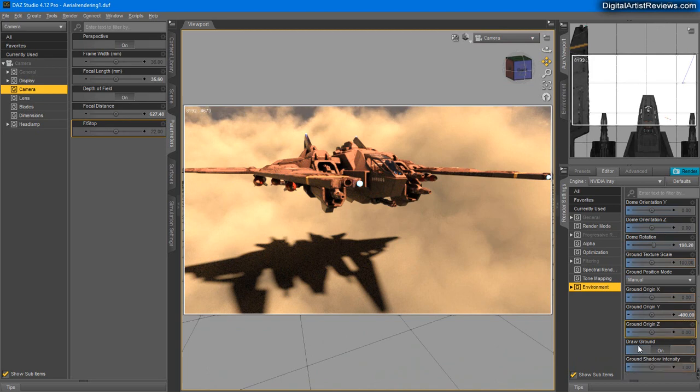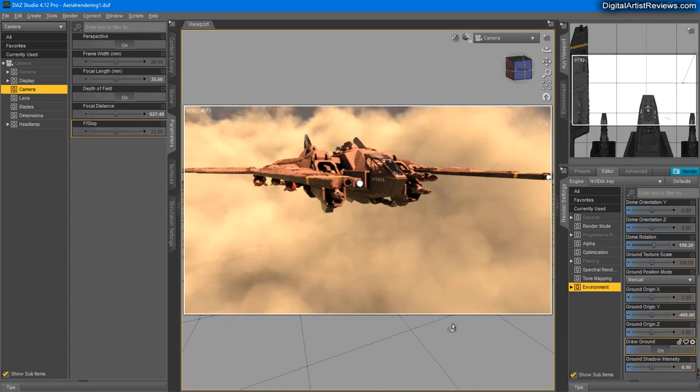But what you can do is adjust the ground shadow intensity at the bottom to maybe 0.1, or 0.2. This will now create a less intense shadow that would probably look like something being cast by the ship. All right,